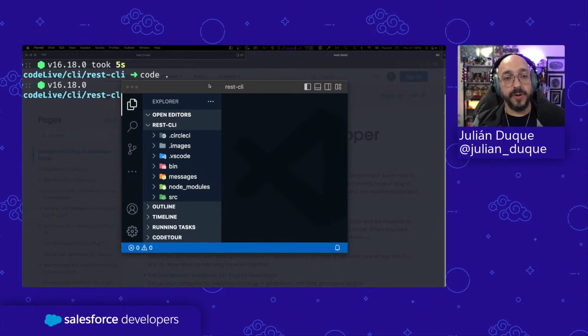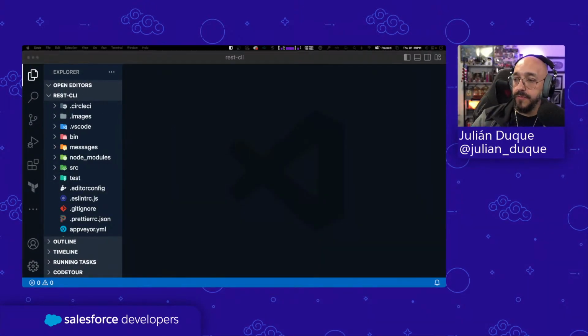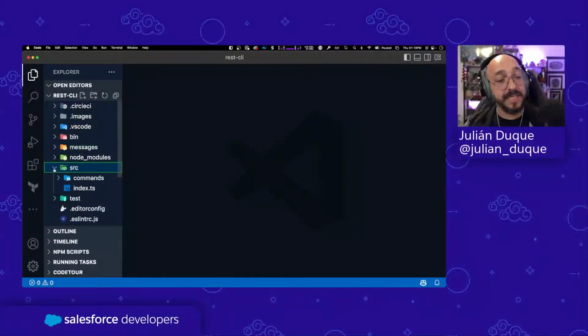Opening Visual Studio Code. And let me confirm that we have good zoom. Yes, I think we have good zoom. So, if you attended the Building a CLI Application with Oakleaf codeLive, you will remember that there is a source